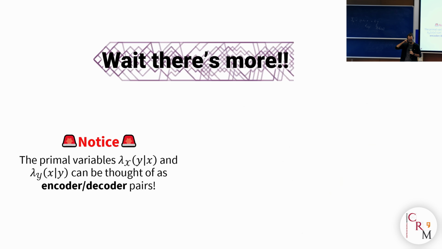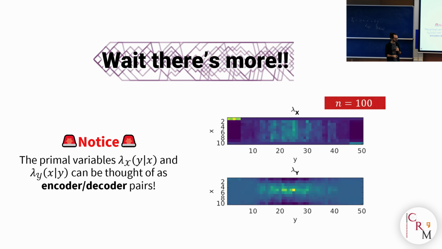And one funny observation that we made is that these lambda parameters in the optimization problem that I showed seemed like some annoying thing, right? We got some additional parameters to optimize over. I need to do more mirror descent steps, and I need to parameterize more, like neural networks, if I want to use this in practice. So they look annoying and useless, but it turns out that through the lens of this causality constraint, I can think of them as encoder-decoder pairs.